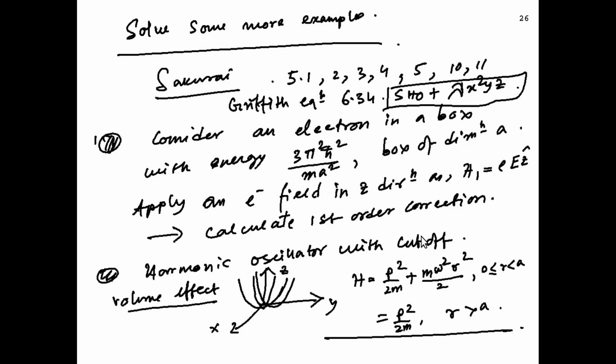And a similar relevant problem is a harmonic oscillator with a cutoff, or a volume effect. Let's say you have a system or trap which is finite in volume. Normally when you do the harmonic oscillator, the potential goes to infinity, but that is not the case in any real problem. You have to put a cutoff or a limit. So let's say the harmonic oscillator is there from 0 to A, and if the particle goes beyond that, it becomes a free particle, because the potential is created only in this small region. Then how will you solve this problem? How can you treat this problem as a perturbation problem? So these are the class of problems I will suggest you look up.